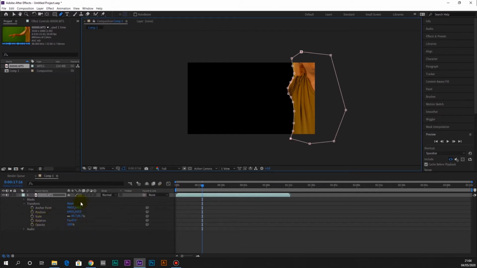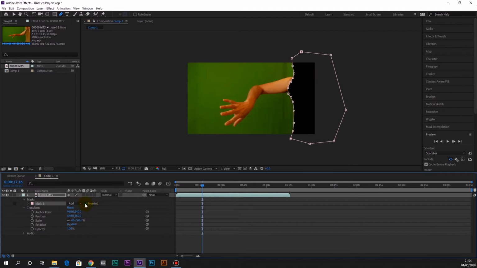So what we can do is invert that mask. If we go to the mask parameters here and just slip that down like that, then on mask 1 we've got a little box that says inverted. If we select that,